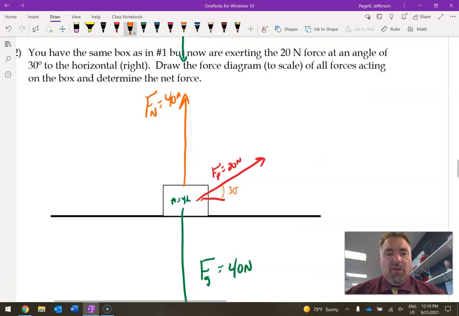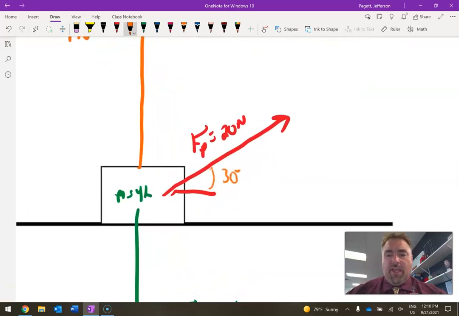But if I look, remember the golden rule is that anytime I have a vector acting at an angle, I immediately have to break it up. And so I'm going to take my force pulling here, and I'm going to get rid of the P, I'm just going to call it F. And so I've got the force pulling it horizontally, which I'll call FH. Sorry, that's not a good H, but I'll try it again. So FH,